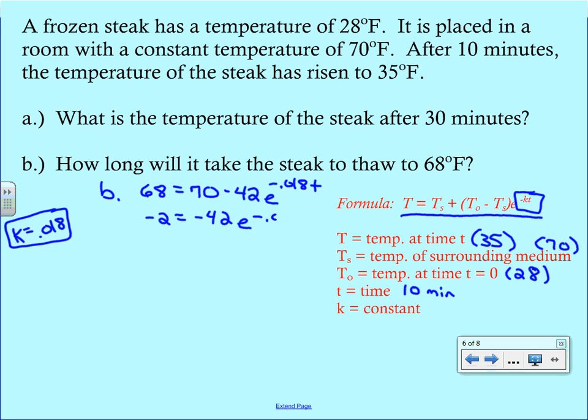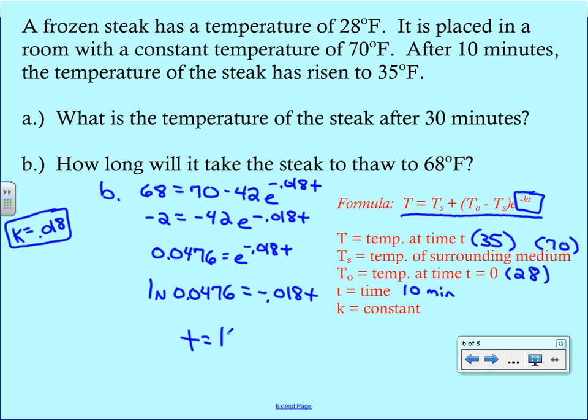e to the negative 0.18t. We divide both by a negative 42, so now we end up with 0.0476. That's equal to e to the negative 0.018t. Take the natural log of both sides, so we have the natural log of that 0.0476. That's equal to our negative 0.018t. Divide both sides by that negative 0.018, and we finally end up with our answer of